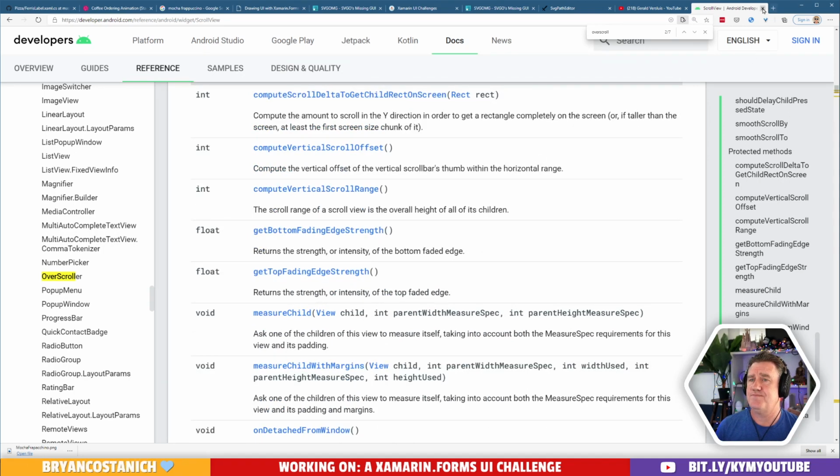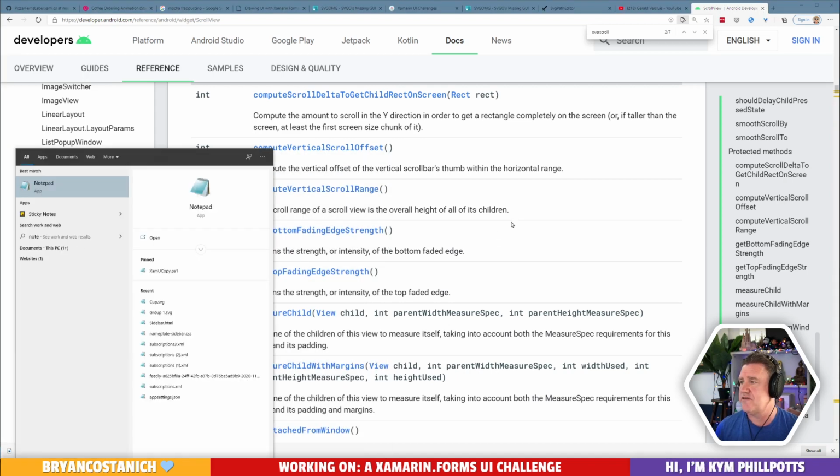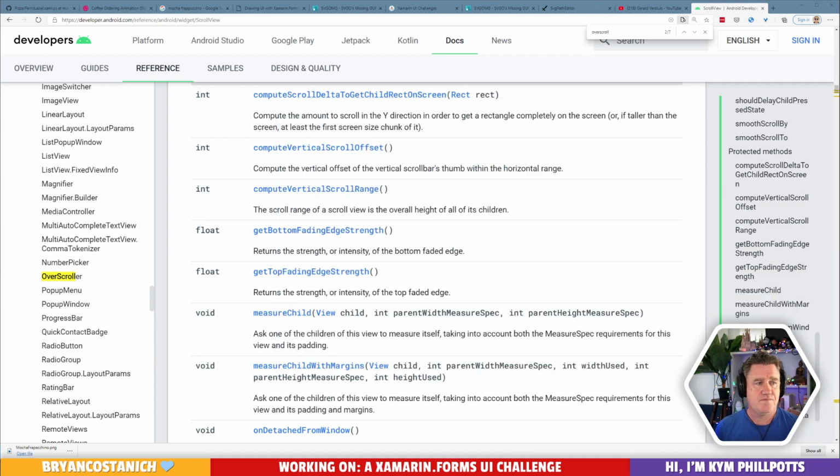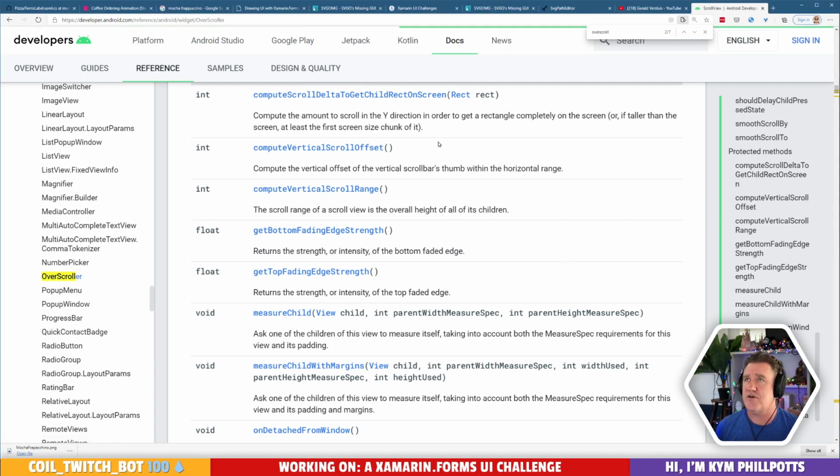So I'm not sure, but you know what? I'm going to make a note of this. Literally a notepad. So have a look at that and see if we can find you an answer for it. Overscroll on Android. Yeah, but I'd say that there's going to be something in Android.